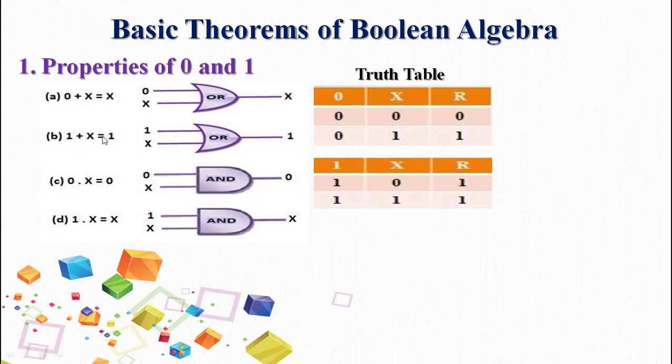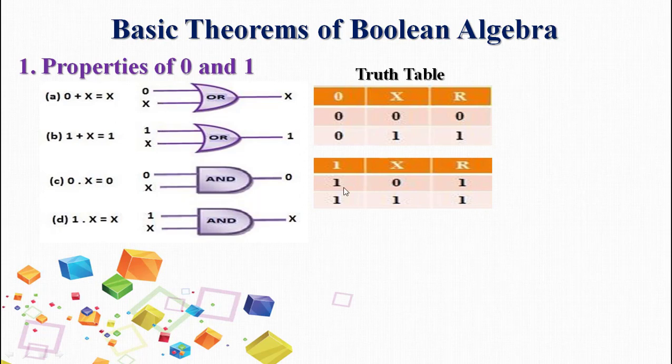So for the second one, 1 is constant and x is a variable. So 1 will be kept constant. So 1 will be the combination for all the possible values of x. X being a binary variable, there is only one variable in the expression, as you can see. So 0 and 1 will be the combination of x. So R will be the result.